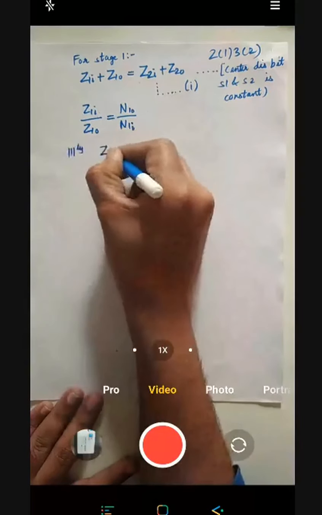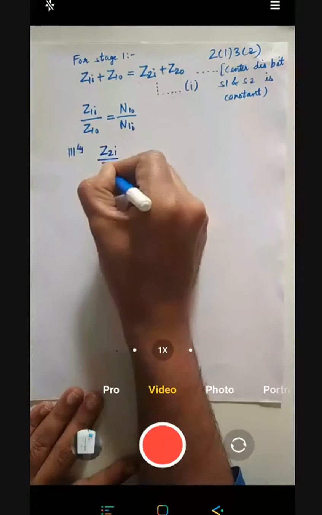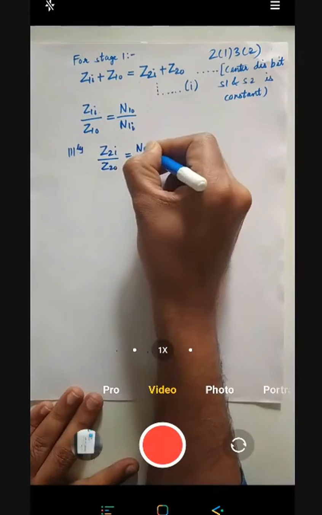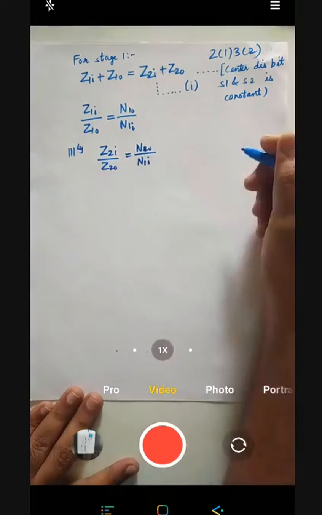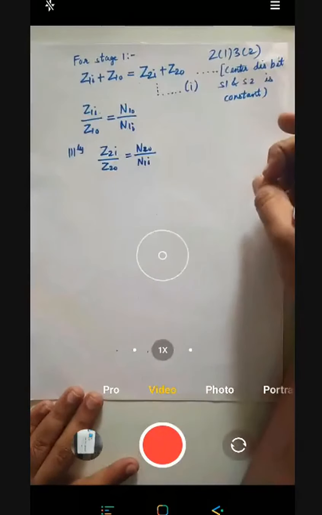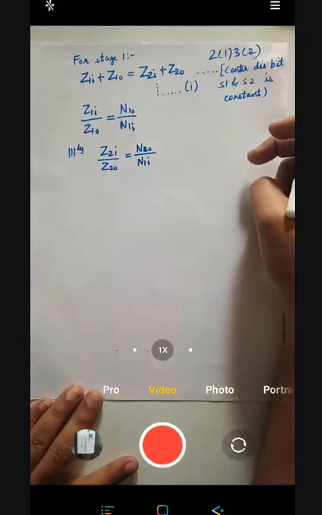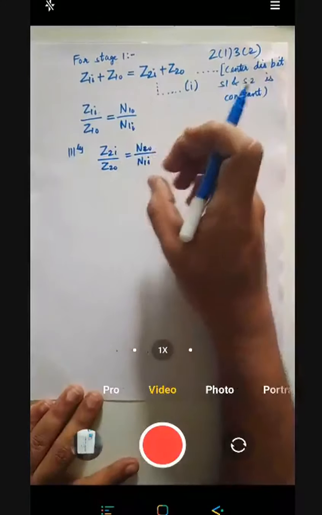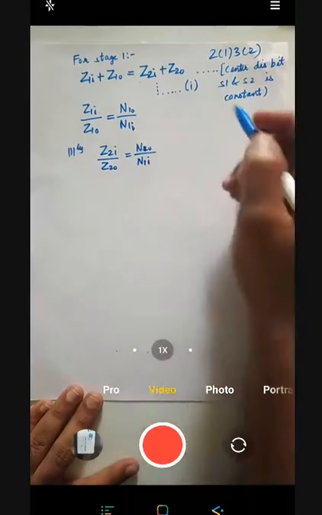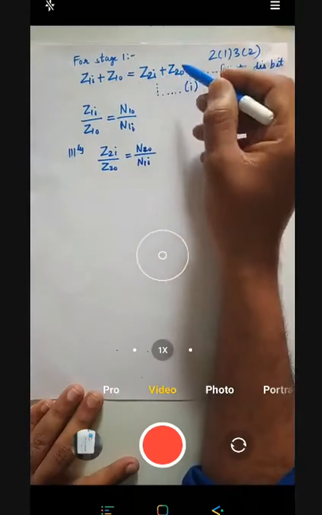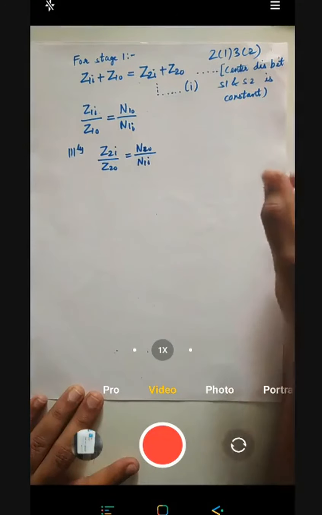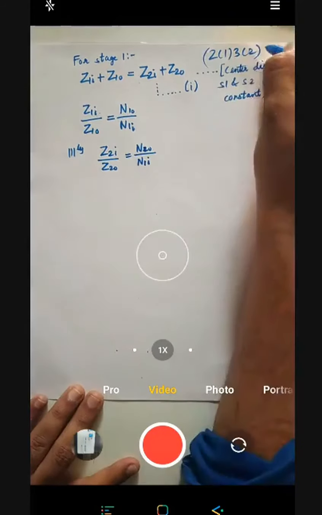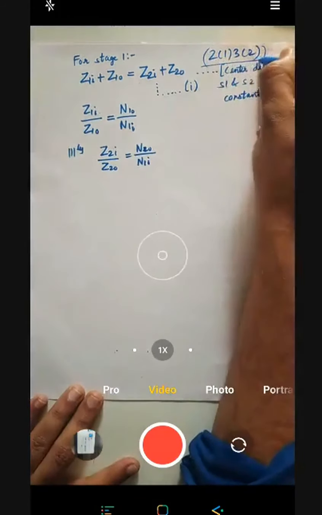Similarly, for the second one, it will be same way. N2 output upon N1 input. So again, there are two relations I have. I can use these two relations and derive some relation between these two points and then substitute and get the answer. So I have drawn one optimum diagram for this, right?